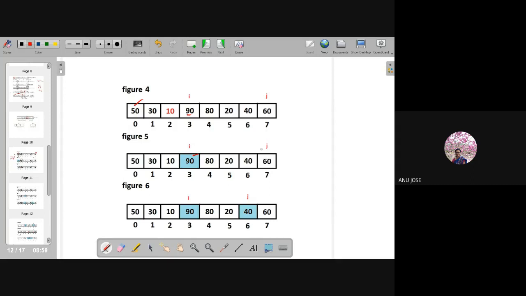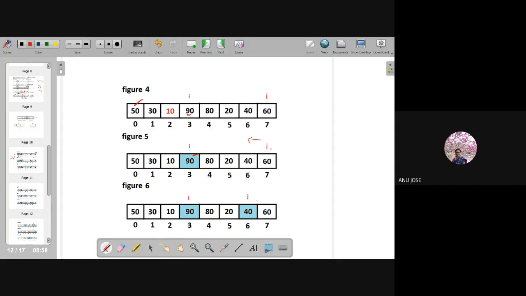Now I will be coming to the movement of j. j should move from right to the left. So we will be having the jth location value, because the right hand side should be greater than the pivot. If it is a greater value, I am keeping that element there and I am coming to the next immediate element. That is the logic.